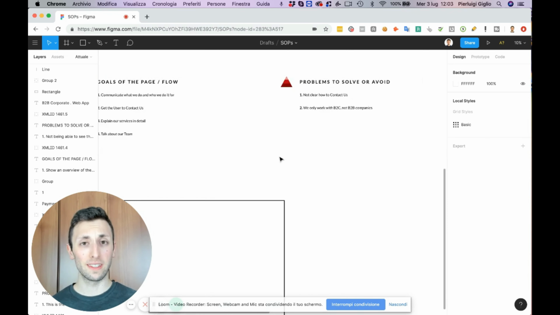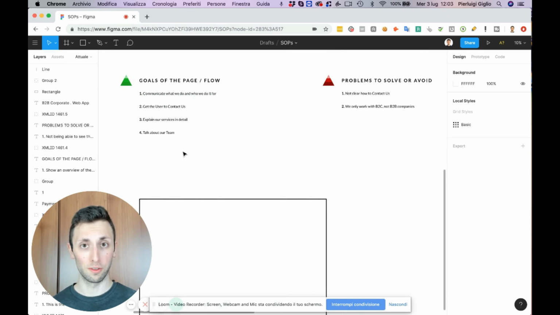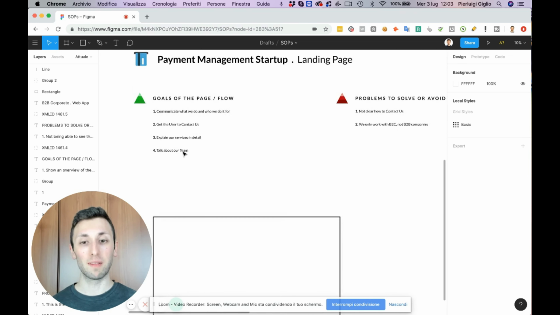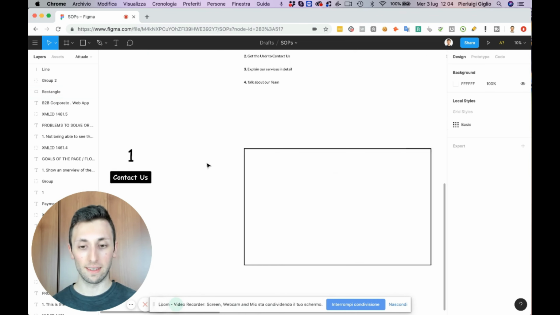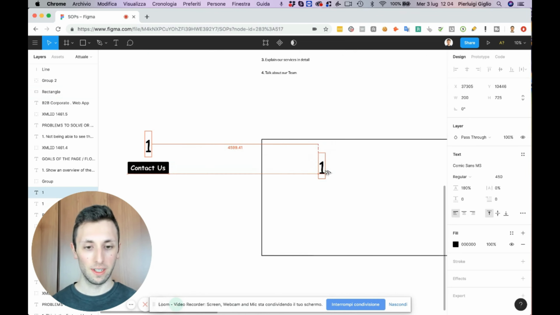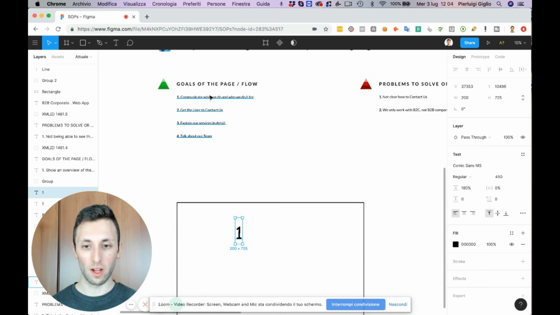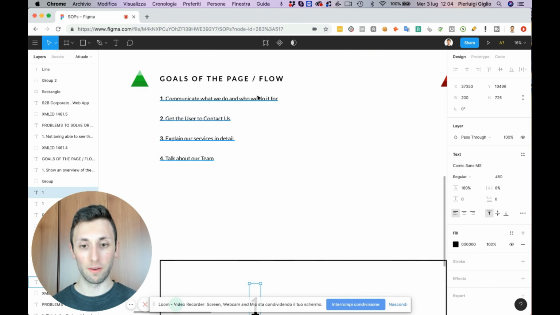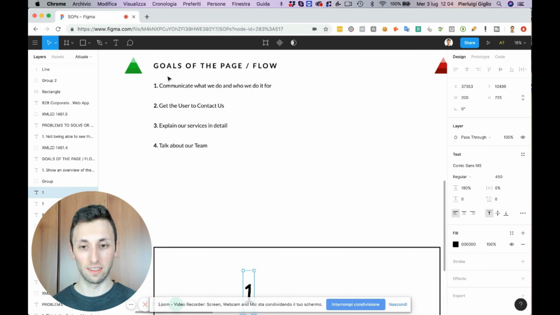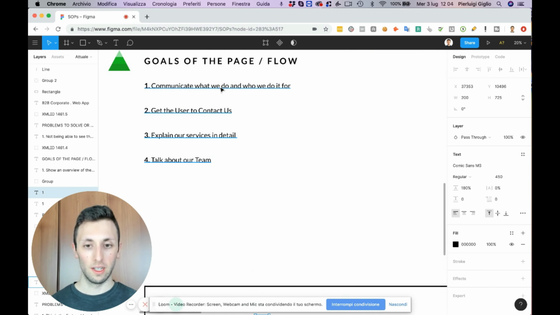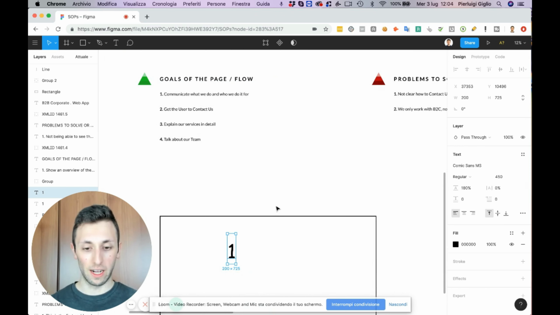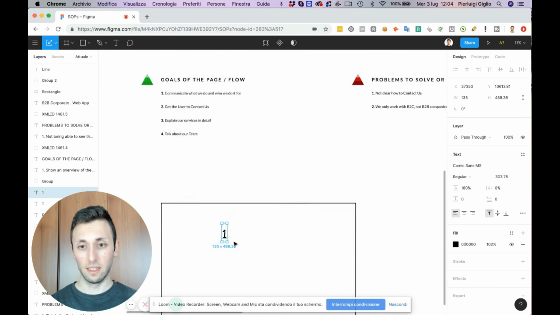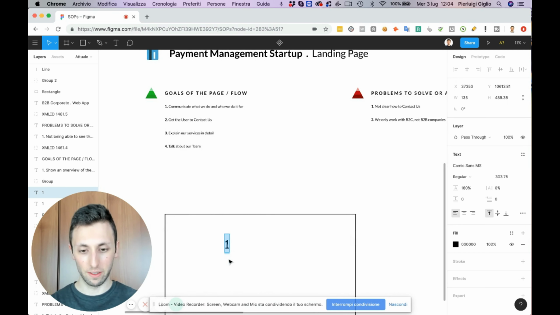So based on this data that we have in order of hierarchy, it becomes easier now to structure the wireframe, because if we were to create a rough wireframe, we could simply go on and look at the very first thing that we want to communicate. So communicate what we do and who we do it for. So I'm just making some things up right now, but an idea could be